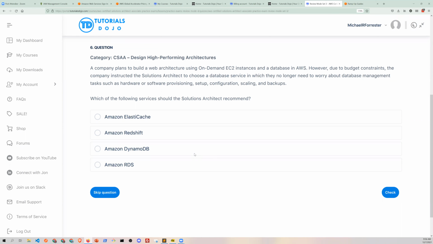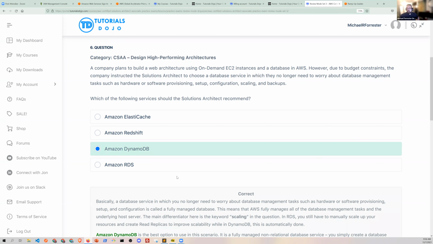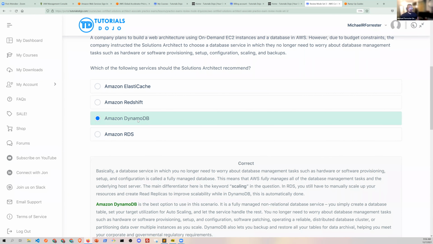DynamoDB. Good. Yep. See, a bunch of you posted C, you posted DynamoDB out there. Gayatri, you're absolutely right. So just to say this, RDS uses EC2 instances. Scaling that is difficult, right? Redshift uses nodes. Scaling that is difficult. ElastiCache uses nodes. Scaling that is difficult. In terms of comparing it to DynamoDB, which is serverless, which means hidden servers, right? So if we check this out, it should be DynamoDB, right? So this is the only fully managed service. The rest of these are kind of like platform as a service. They're a little bit more hands-on.